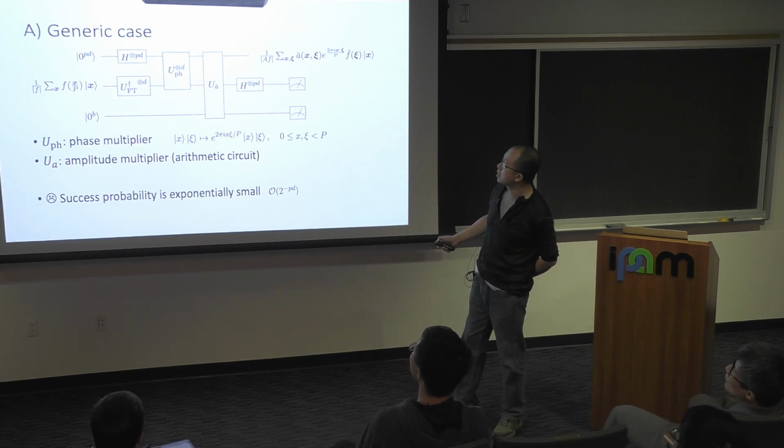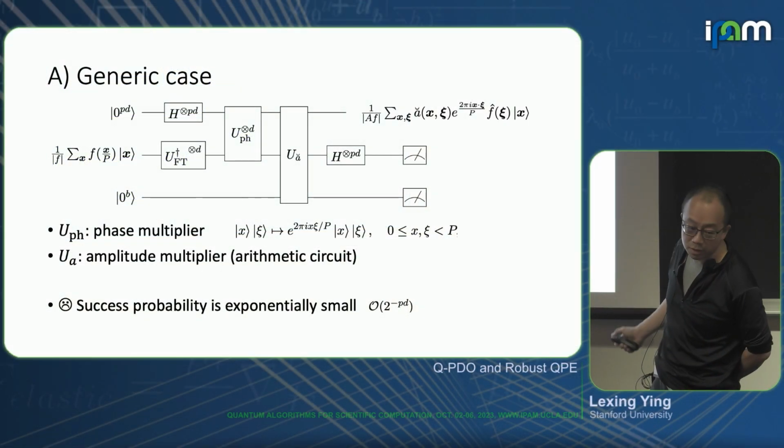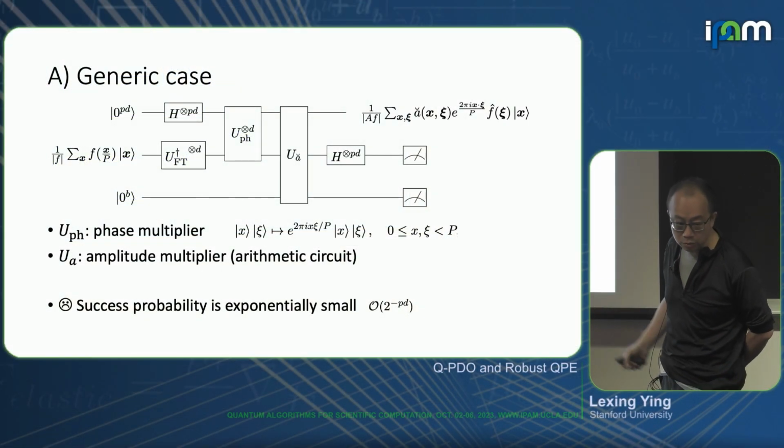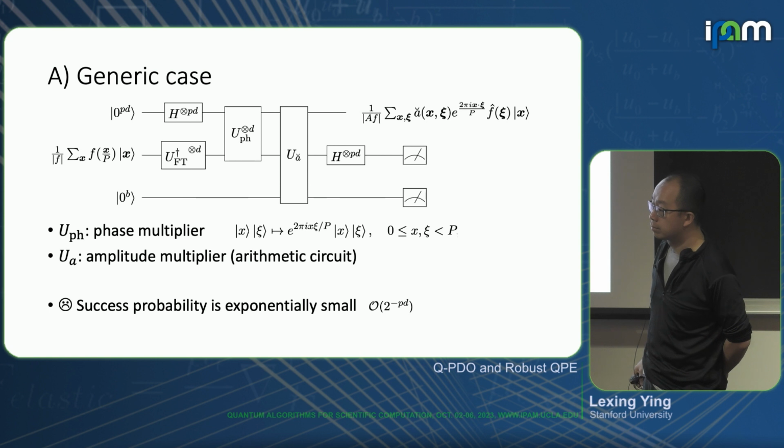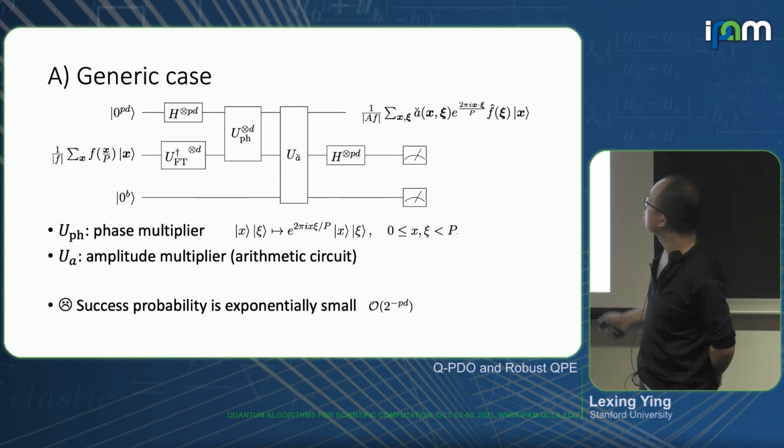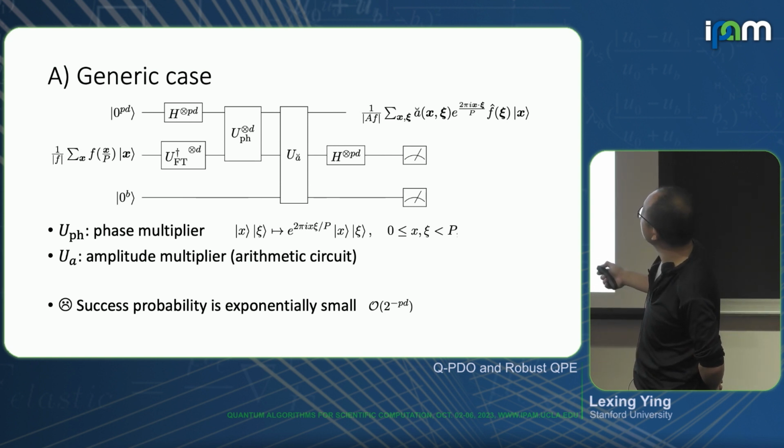Oh, the B is some ancillary qubits. Because in doing this amplitude multiplier, it needs some ancillary qubits, which I didn't get into at the top. You need to measure those B? Yeah, because we need to measure this, because we're adding the Kasi here. The second measurement. Just for the arithmetic circuit.